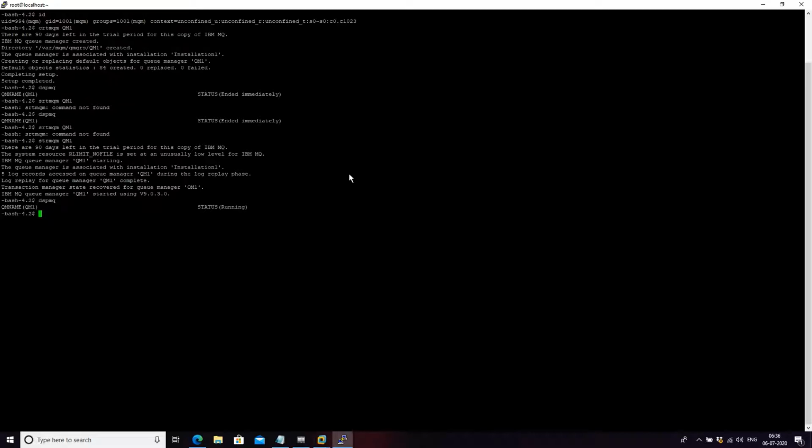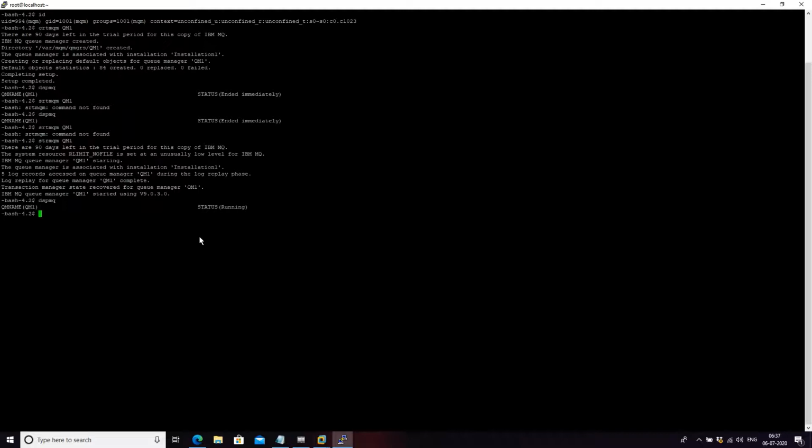Before discussing runmqsc, I just need to mention that we should give capital letters for the queue manager name. When you are creating a queue manager with crtmqm queue manager name, you should use capital letters for the name, because the commands we are using are predefined commands in small letters. If you give anything else related to that, it will consider it also a command. That's why whatever name you are mentioning, you should give capital letters for queue manager names.